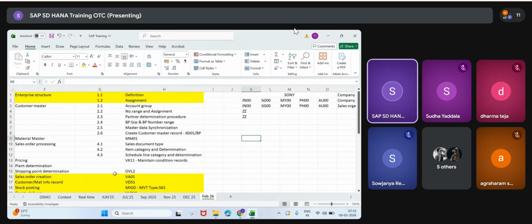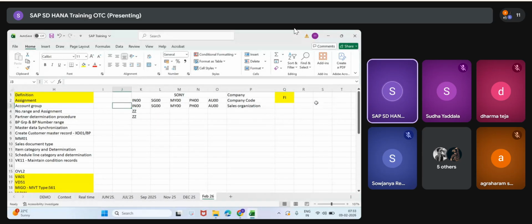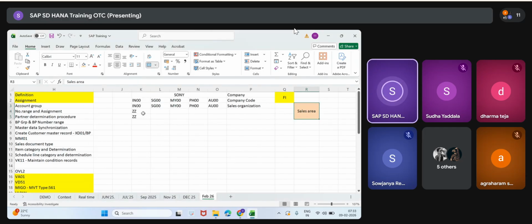While creating a sales order, what is the sales area they are using? What is the meaning of sales area? This is the one, I will write here. They will ask you in the interview. Sales area. Remember, there are no separate interview questions. Interview questions are inbuilt in your practice. What is meant by sales area? They will ask you in the interview. You can say it's the combination of sales organization, distribution channel, and division.